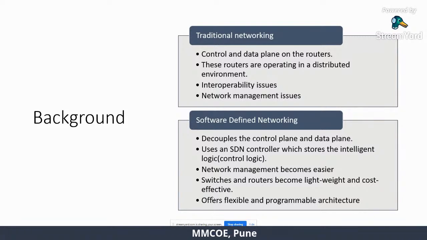So it may create some interoperability issues. For instance, you have the OS supported by a Cisco router, and another router supporting a different OS. You can see that it may create some interoperability issues. Another issue is if some policy changes, for such a highly distributed network of routers, it can become so difficult to update such a change on various routers, right? So this makes the network management task very difficult when you talk about traditional networking, right?